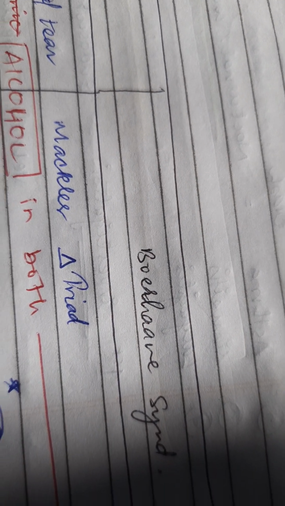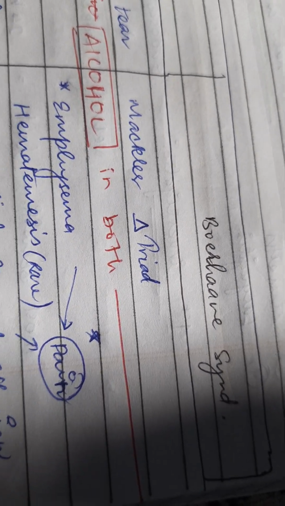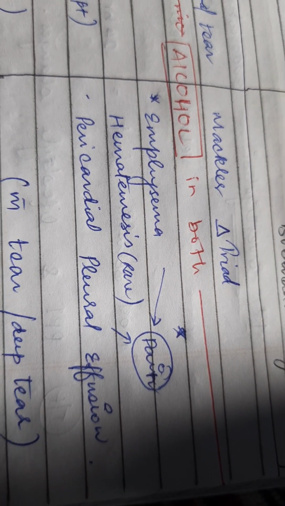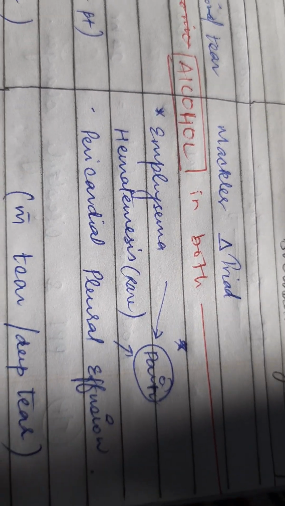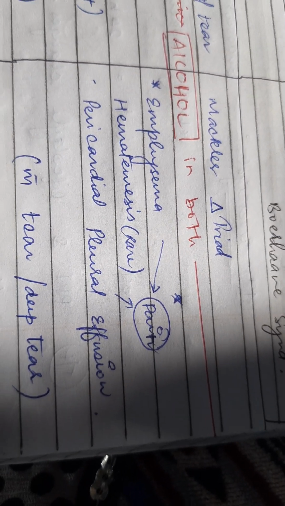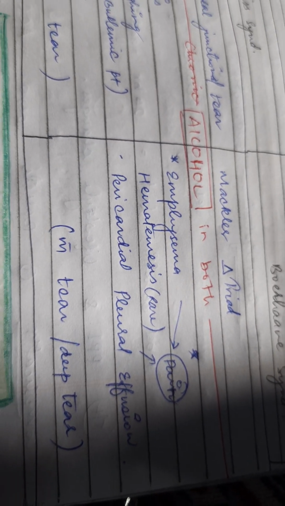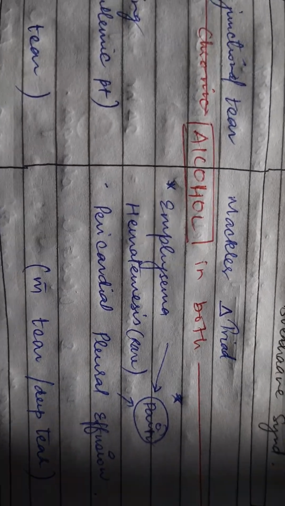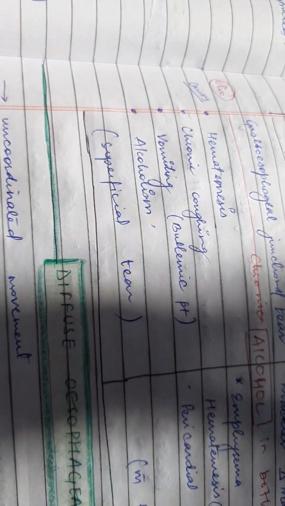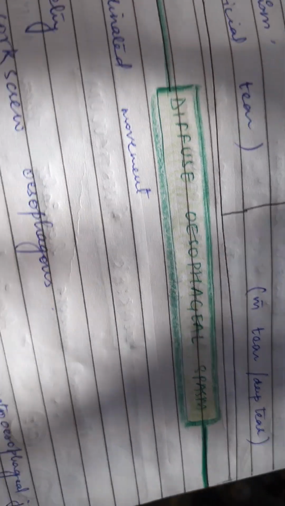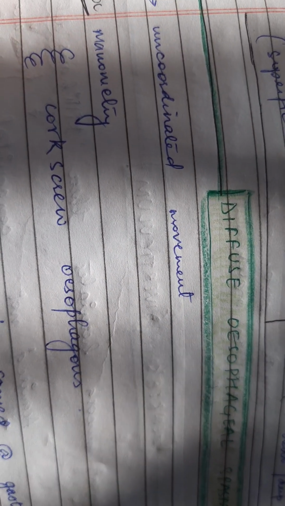And then Boerhaave syndrome is more severe, also called Mackler's triad. Here emphysema, hematemesis, pericardial pleural effusion and pain may occur. Here the GIT muscle may tear, a deep tear. This is a superficial tear and this is a deep tear. Then diffuse esophageal spasm, uncoordinated movement,